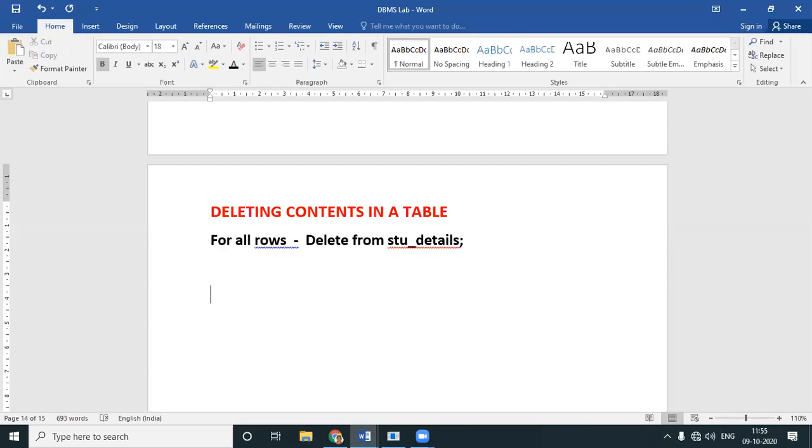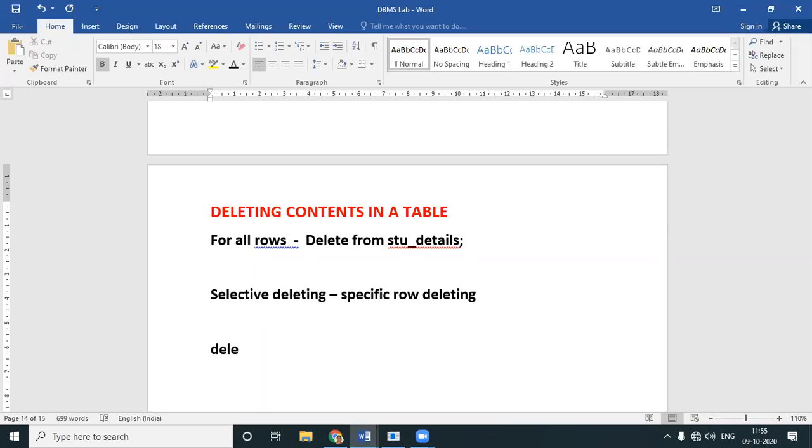Now we'll go into a bit more detail. How can you do selective deleting, or specific row deleting? We'll see how to delete a specific row.